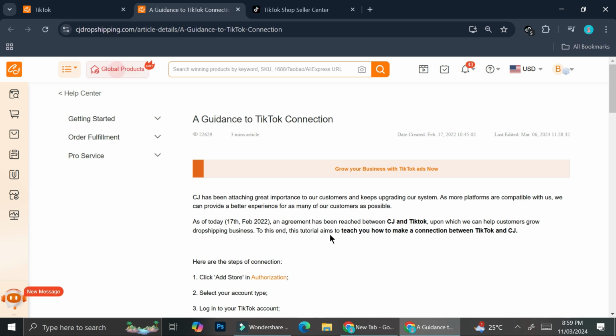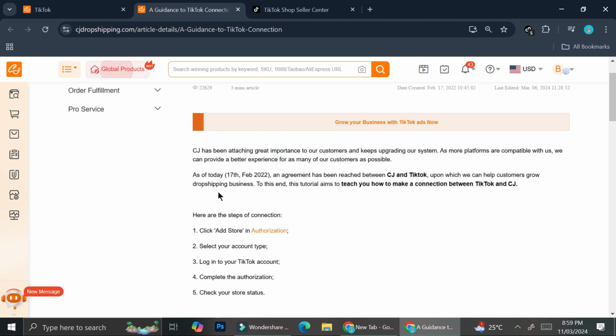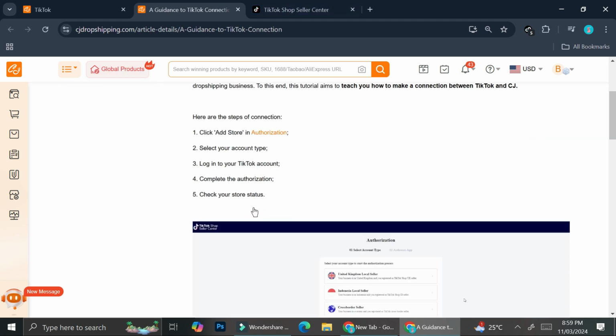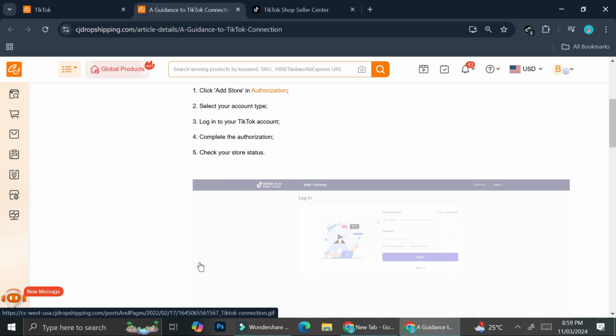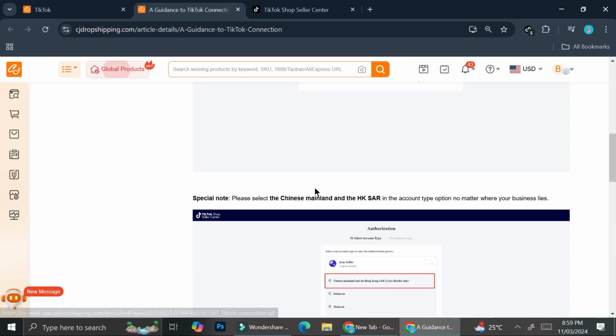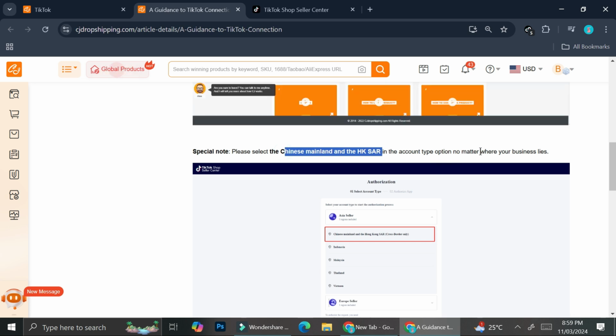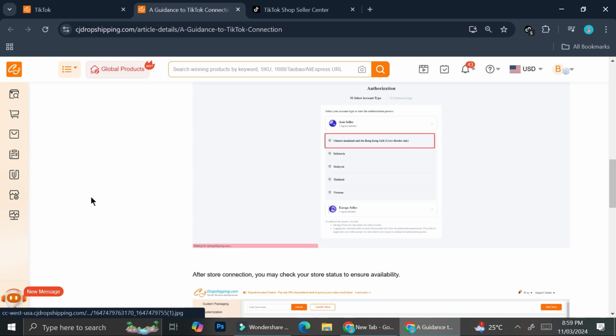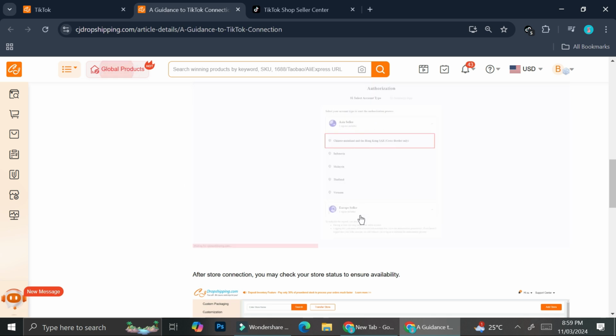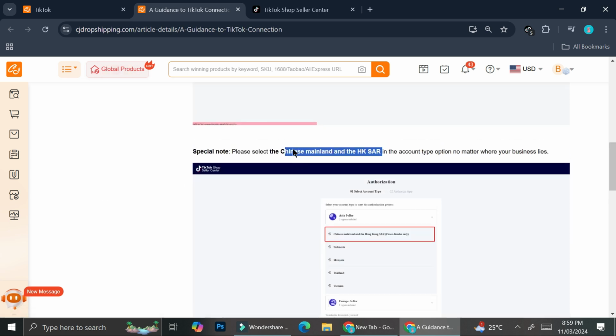To this end, this tutorial aims to teach you how to make a connection between TikTok and CJ. So here are the steps which I've shown you earlier, and this is the important part of the steps. It says here that we have to select the Chinese mainland and HKSAR in the account type options, no matter where your business lies. So you'll be able to find Asian seller and Europe seller, and make sure to choose this